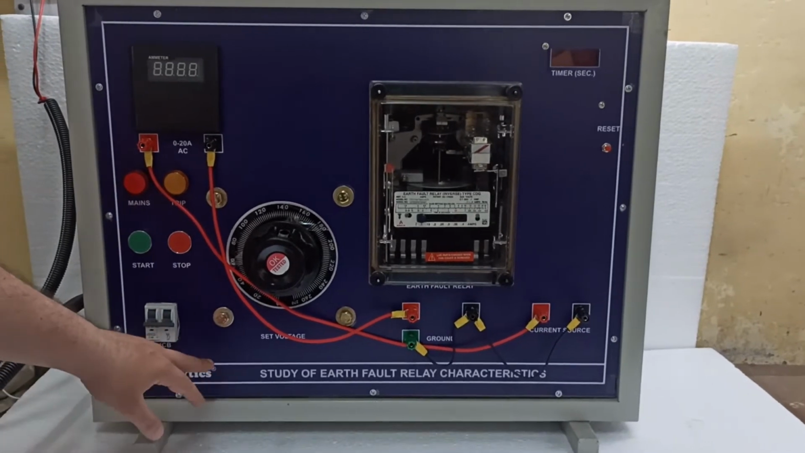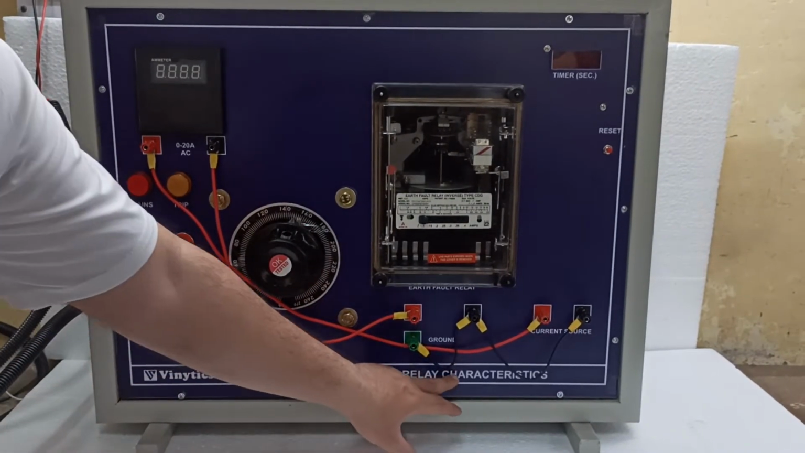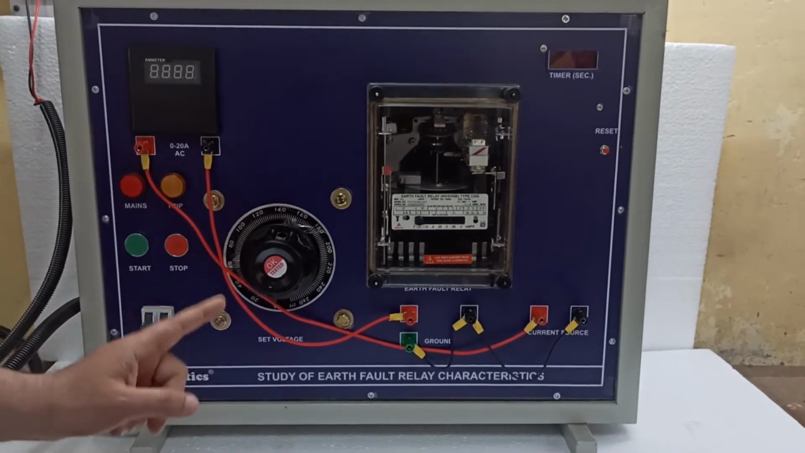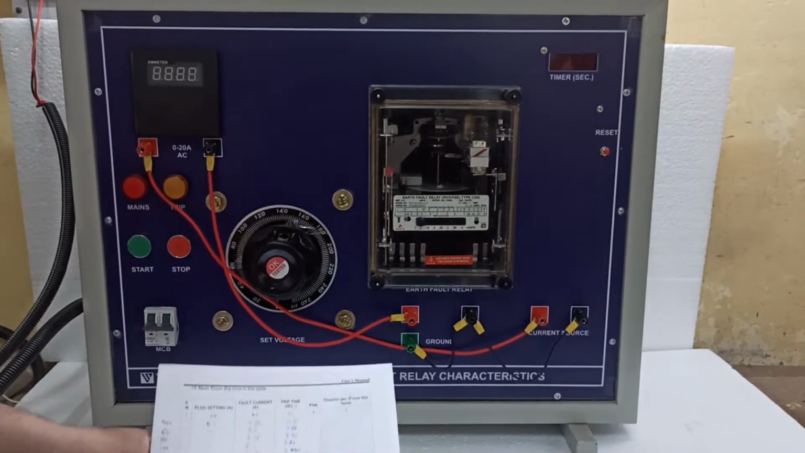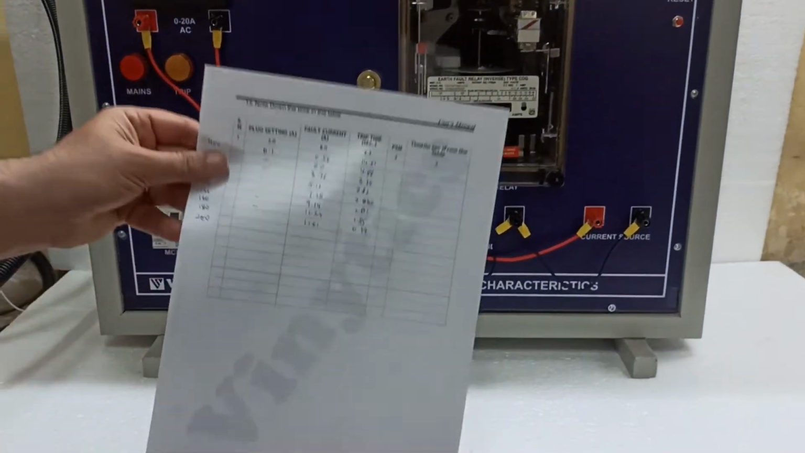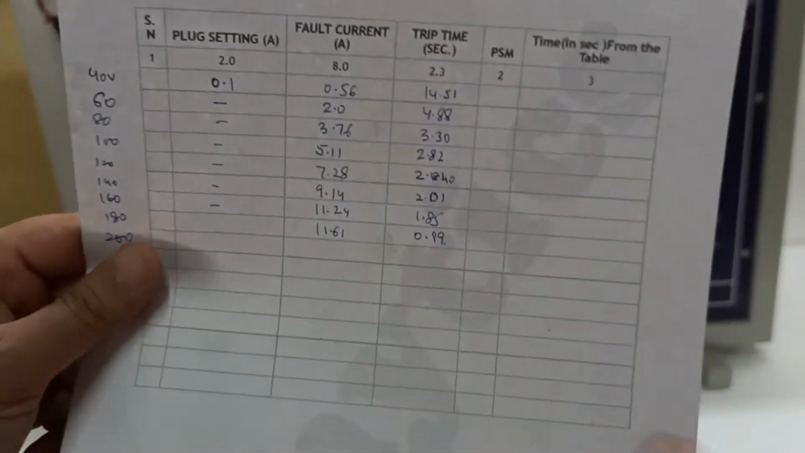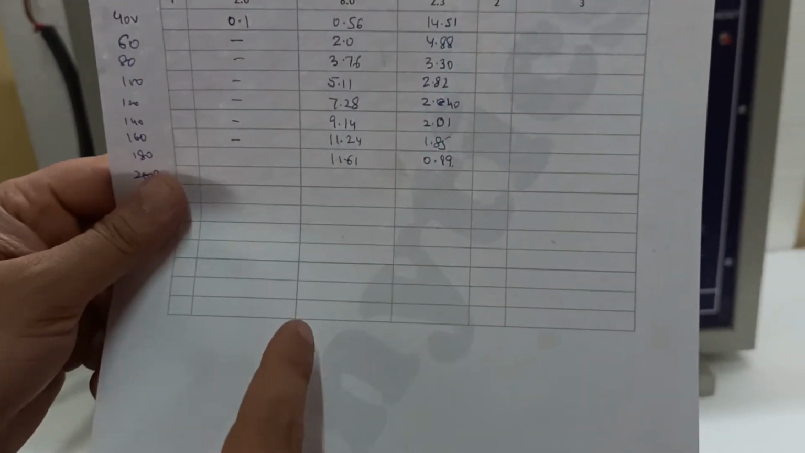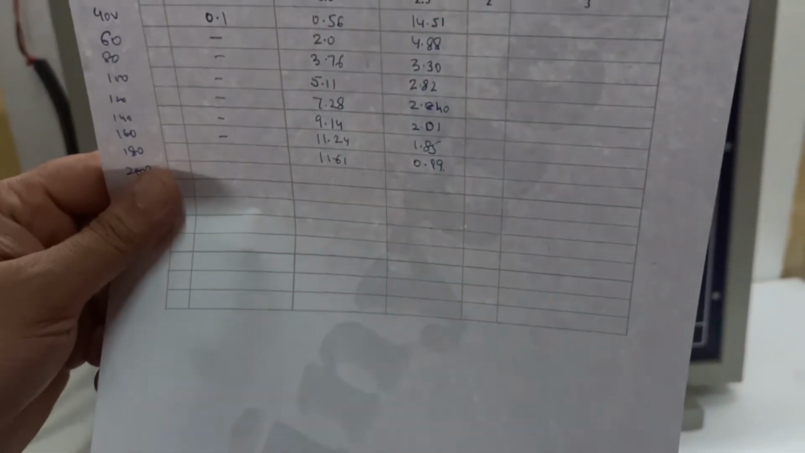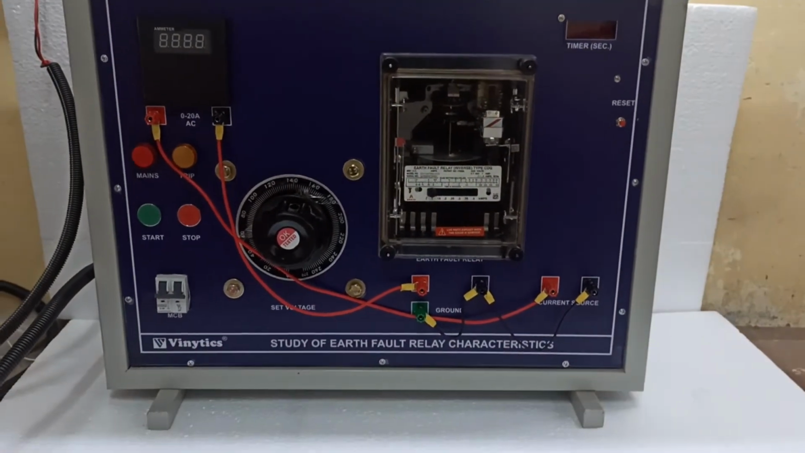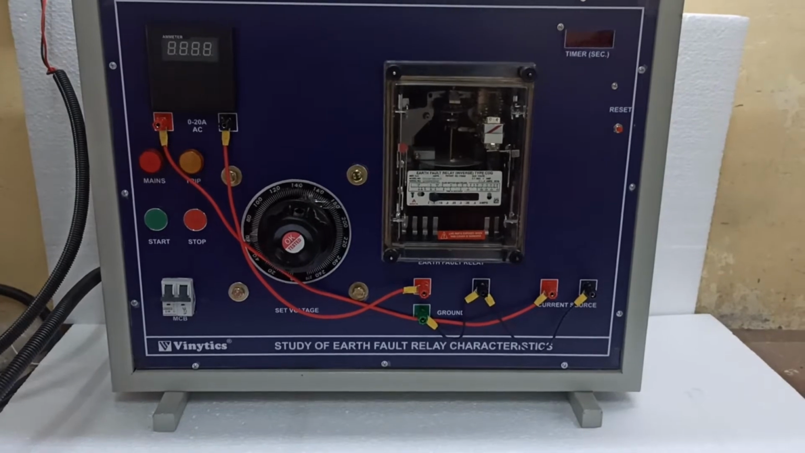This is the panel for study of earth fault relay. In this panel, we are going to make a graph of fault current versus trip time. It is an IDMT relay, so the graph will come in the inverse direction. So first of all, let me explain to you the features of the panel, and then we will go through the